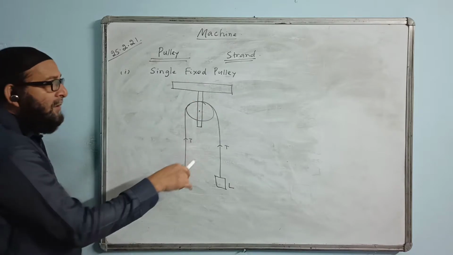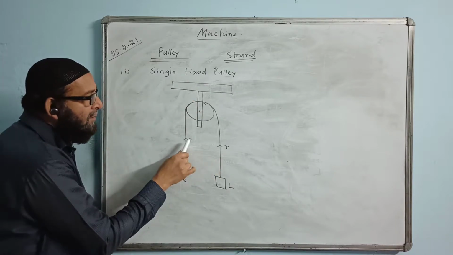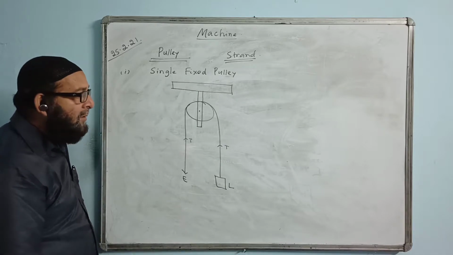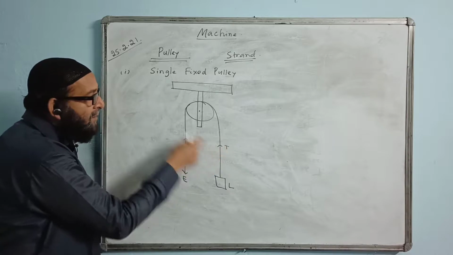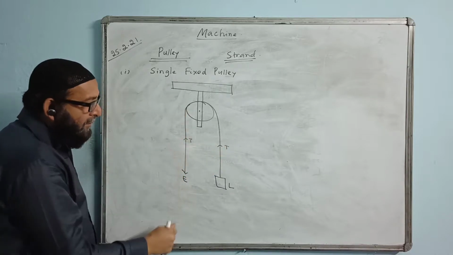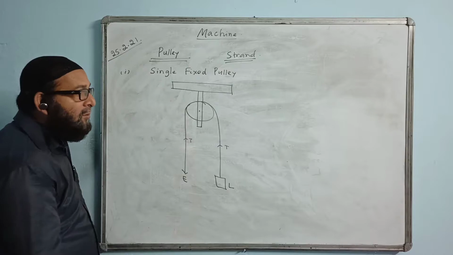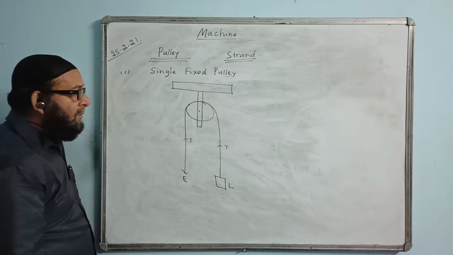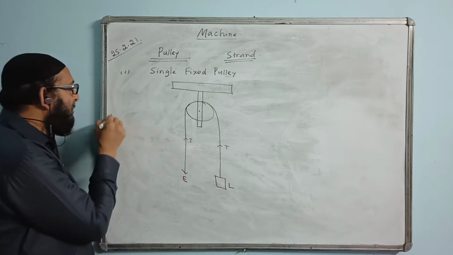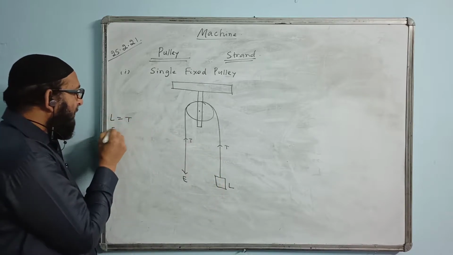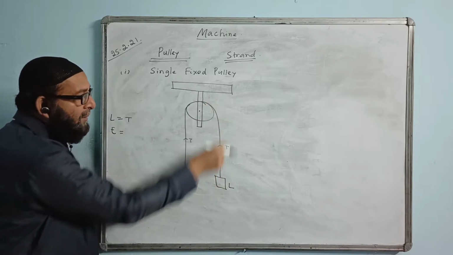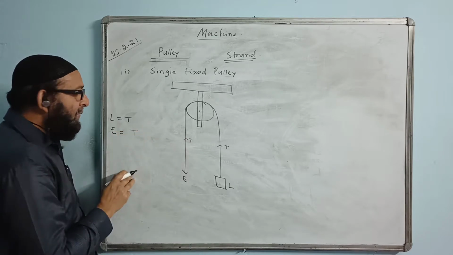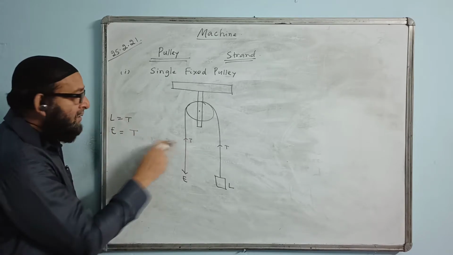So we draw the diagram and this T stands for the force of tension, or simply tension. So the string becomes tight. Here also the string will be tight because of the effort you have to give here in order to lift the load up. Effort goes down, the load will go up. So here we write: load is supported by one tension. The load is lifted through one end of the string and effort is given through the other end of the string, that is T.